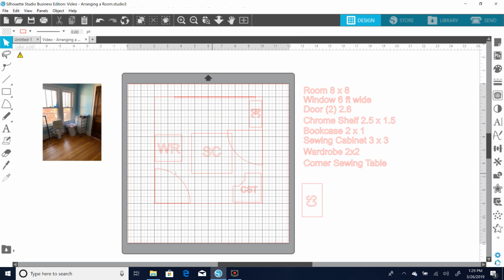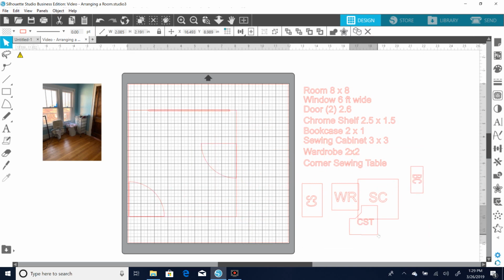You could also take, when it's in this form right here, your sketch pens, and you could draw this out on chipboard right here. If you thought you would use this more than maybe this one time, you could cut this out on chipboard or sketch it out, and then you could cut it out. Maybe you'd cut it out about an eighth larger than what the sketch pens would sketch. And then you could take cardstock and cut these pieces out and label them, and you could sit and put them in different places while you're at your home dec store or your craft store that sells craft furniture,